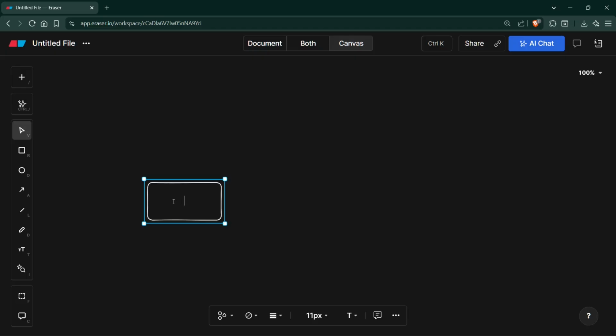So the scenario is, I'm working on a major project, and I have two friends. This is my laptop, and it's a Windows laptop.